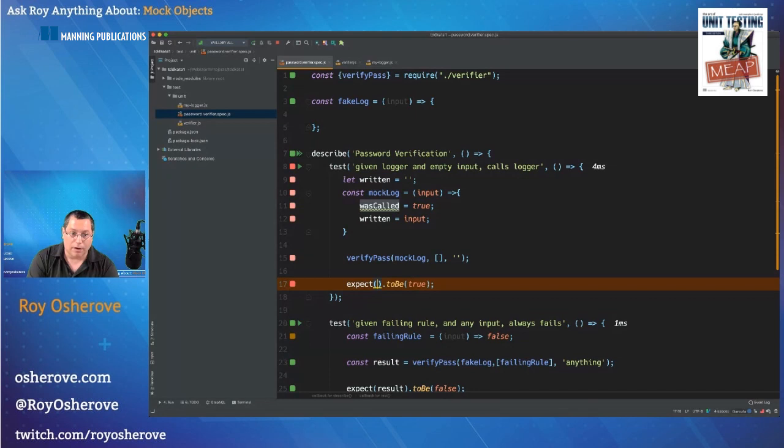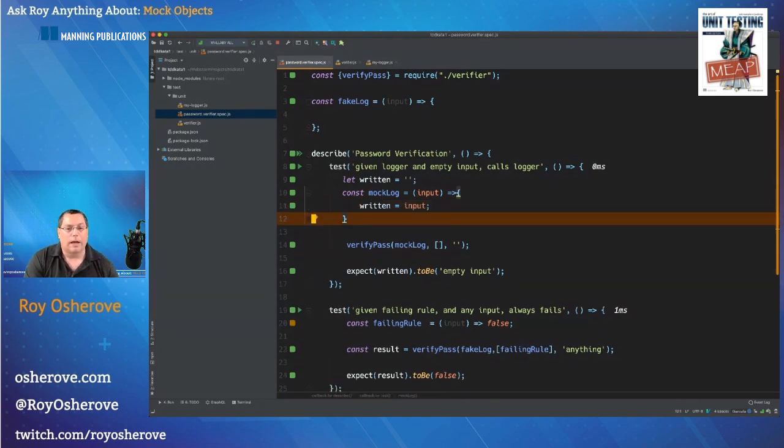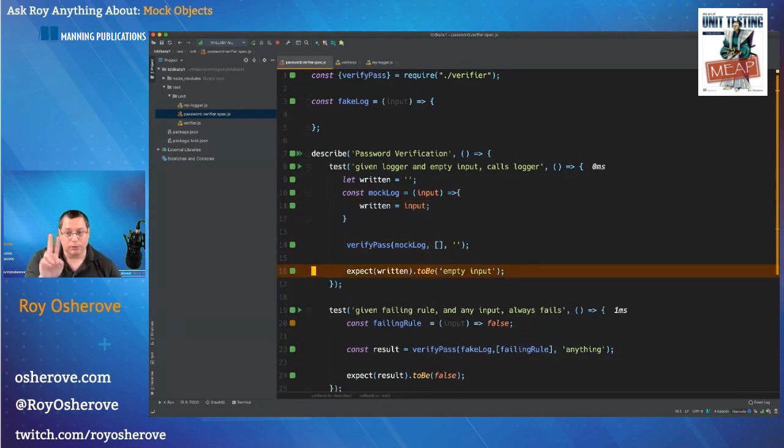And I can say expect written to be empty input. Right? If it was empty input like this, it would fail. Expected empty input, received empty input. This also provides kind of the same thing. I don't need wasCalled, that doesn't exist. But here I'm basically testing that the string was correct, which is also great.